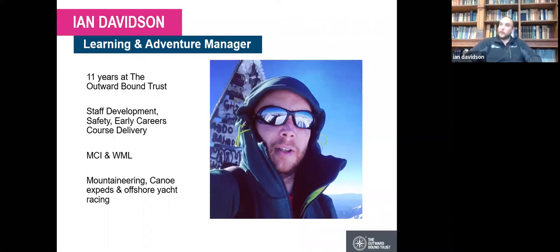I like my big canoe expeditions, and I think my colleagues have probably described that as taking my boat for a walk rather than doing lots of paddling, and a bit of offshore yacht racing as well. So that's me. We've got some correct guesses on Tubcal, a fairly recognisable marker at the summit there.